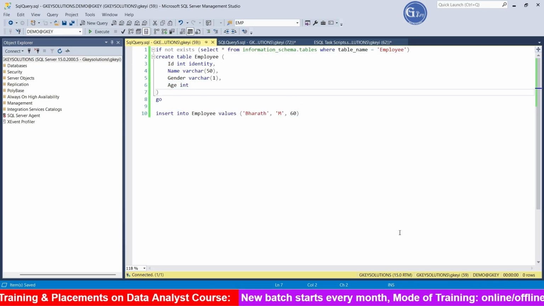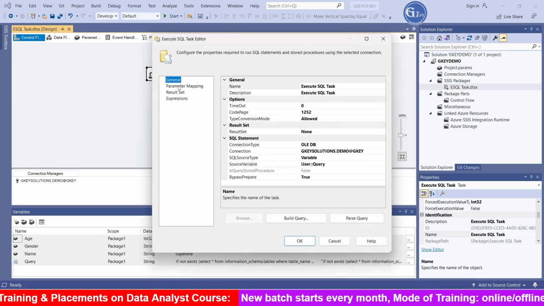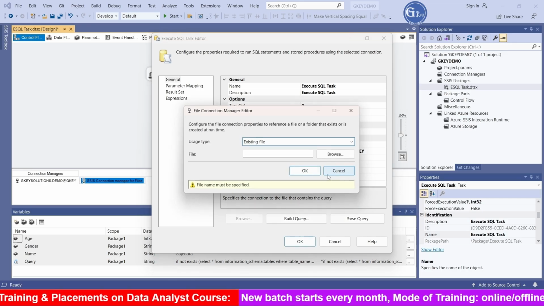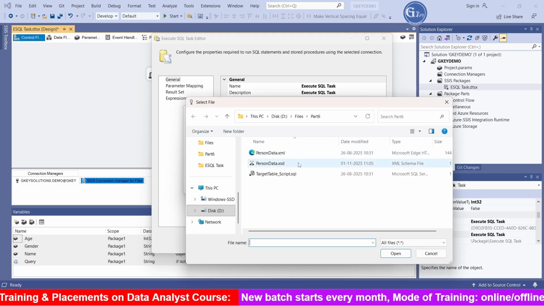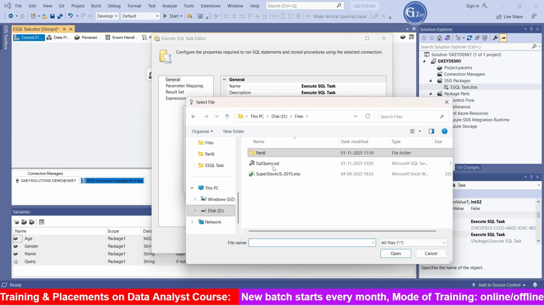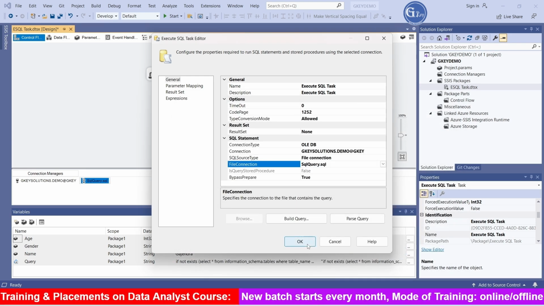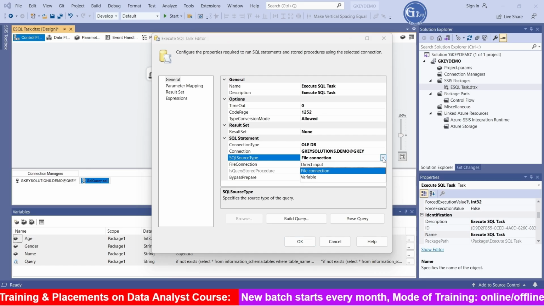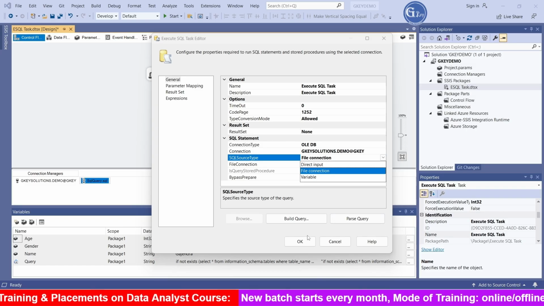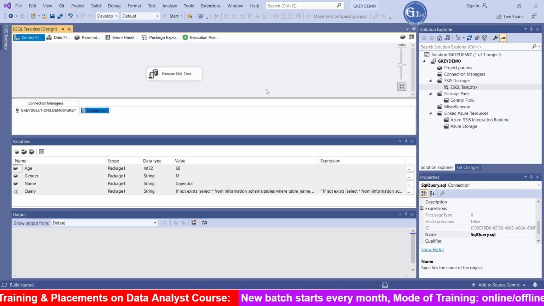This record we are going to insert by using the option called file connection. Instead of a variable, we are going to take file name and file connection. We are trying to browse the files, SQL query. This is the file that I'm trying to take here. Now what we have done is the SQL code, we are taking it from the file connection. Among three options, direct input and variable have been explored, and the file option we are going to explore now. Now trying to execute the